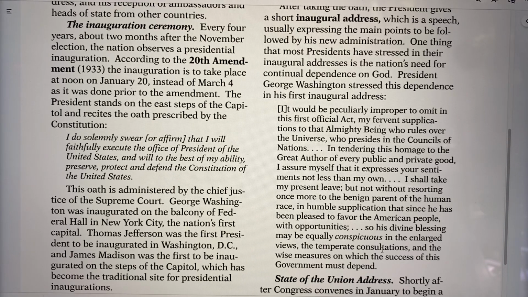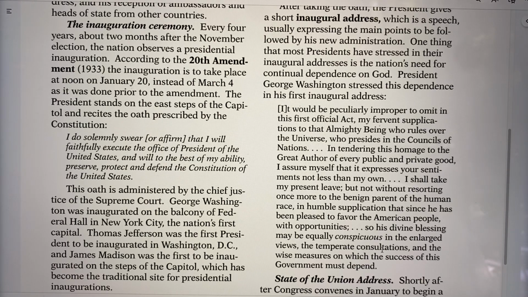In tendering this homage to the great author of every public and private good, I assure myself that it expresses your sentiments not less than my own. I shall take my present leave, but not without resorting once more to the benign parent of the human race, in humble supplication that since he has been pleased to favor the American people with opportunities, so his divine blessing may be equally conspicuous in the enlarged views, the temperate consolations, and the wise measures on which the success of